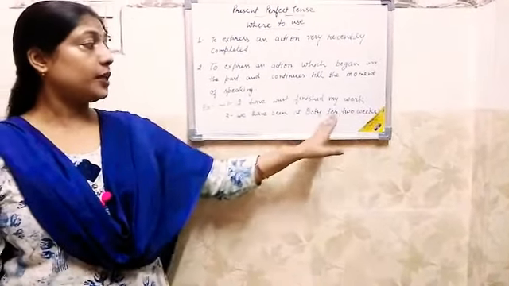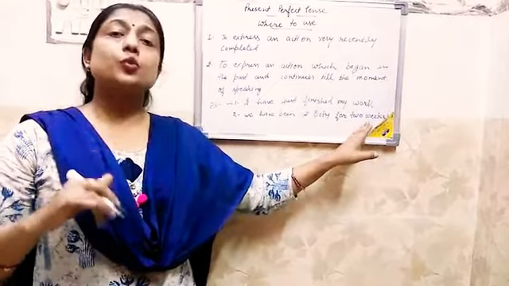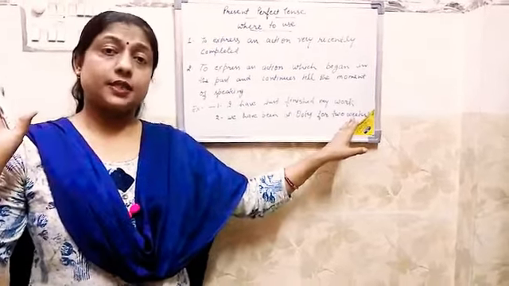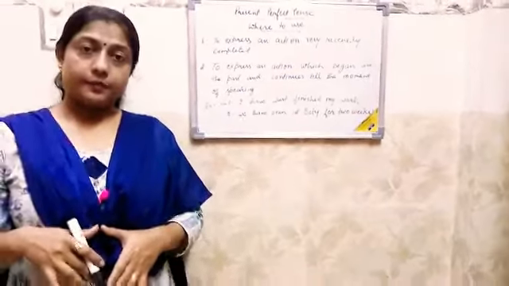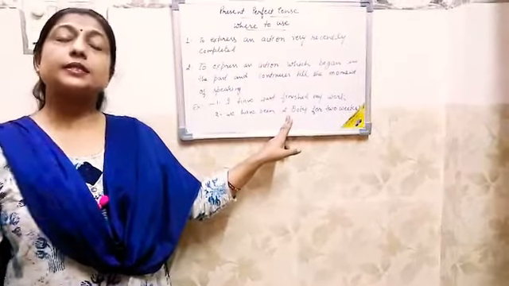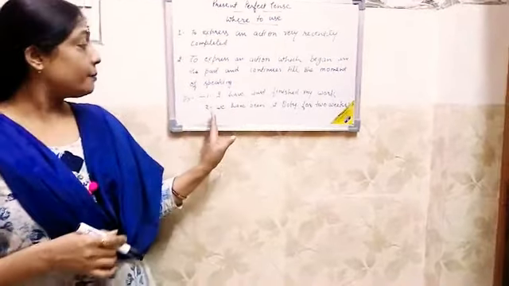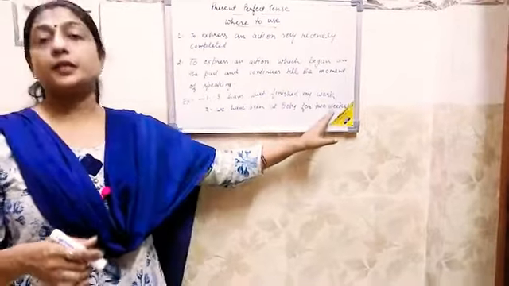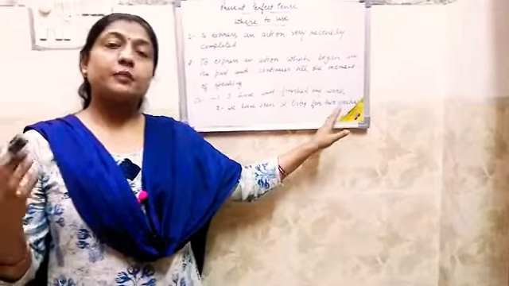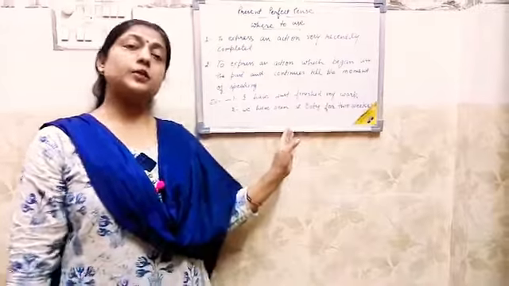We have been at Ooty for 2 weeks means we came to Ooty 2 weeks ago. That was past, but we are still at Ooty. So the action of being in Ooty is still continuing. So our stay at Ooty started in the past, but it is still continuing. So in that condition also we use